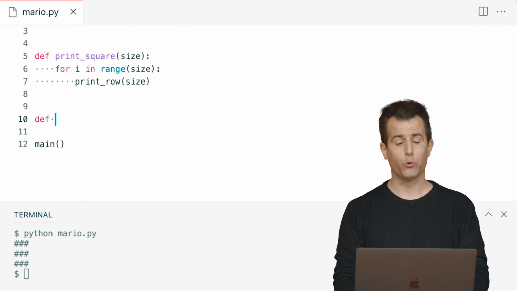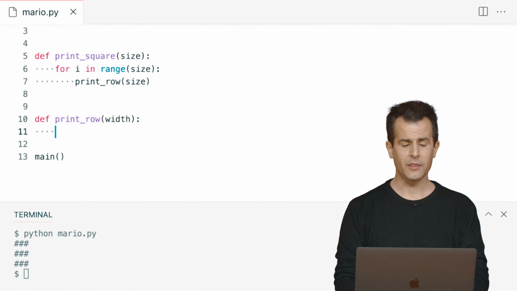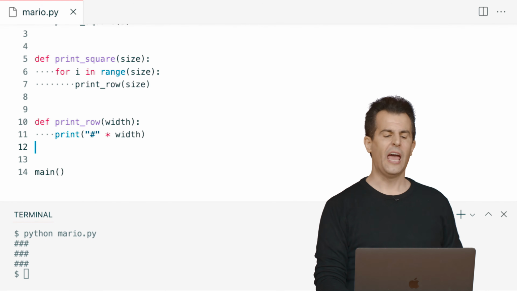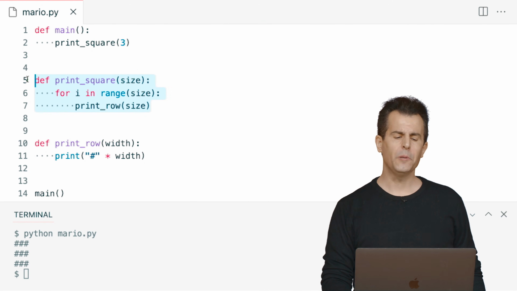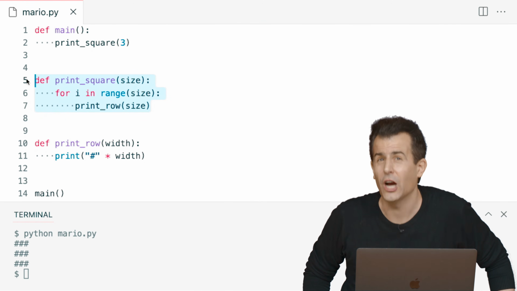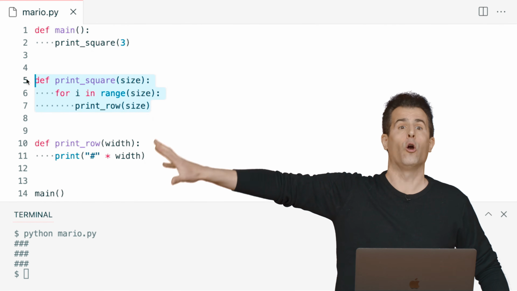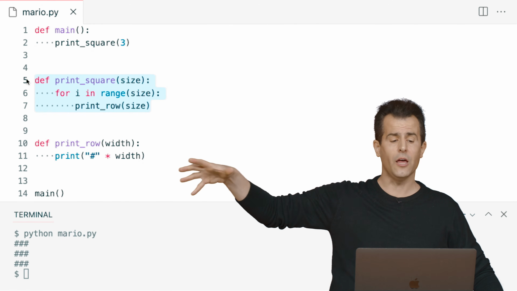And let me propose that this print_row function simply take in that width and print out the individual hash that many times. In other words, here's an opportunity for abstraction, whereby, well, what does it mean to print a row? Well, when you're implementing print_square, I don't really care what it means to print a row. I just need to know that someone's taking care of printing the row. You can kind of pass the buck to another function altogether.